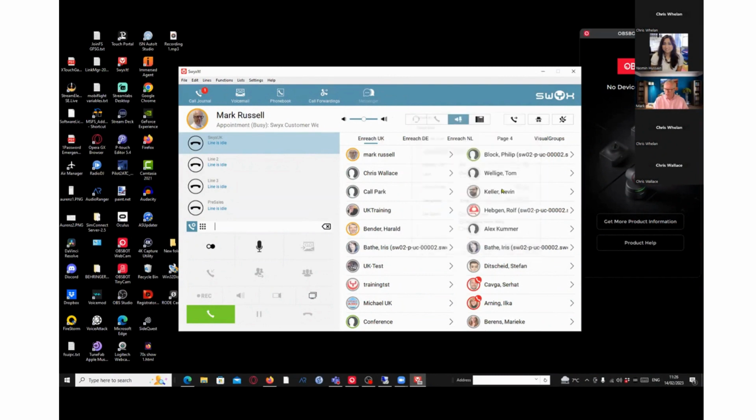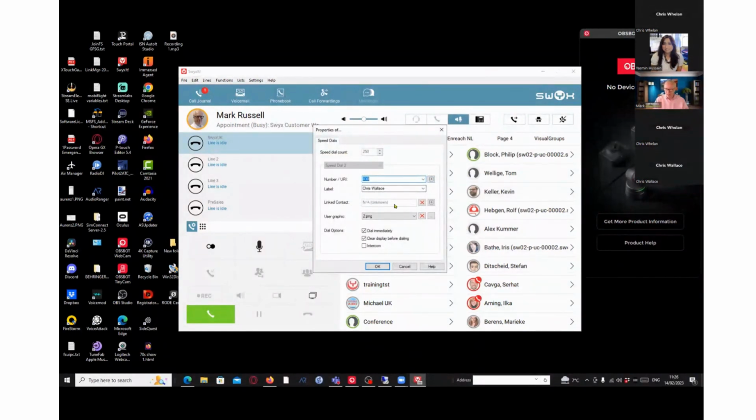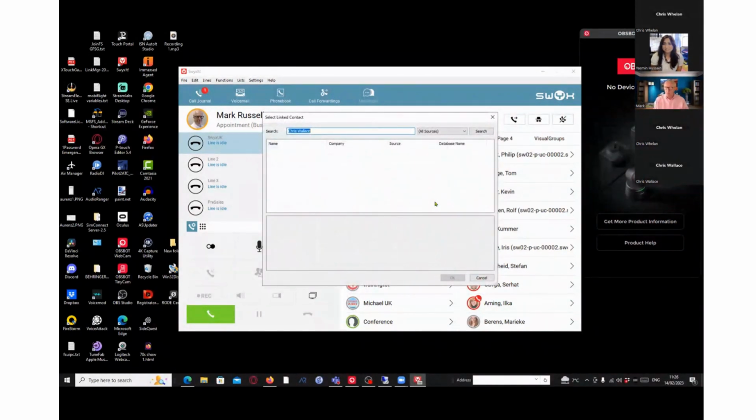But more importantly, let's go to Chris again. I go to properties. A feature that people aren't using is this linked contact. If I open up the linked contact, what we're going to do is search for Chris in databases that I'm connected to. As I said, out of the box, we are connected to your Outlook calendar. I'm connected to Exchange, and I'm connected to Active Directory. But in our case, I'm searching a lot more. So if I was to search for Chris in all our databases,